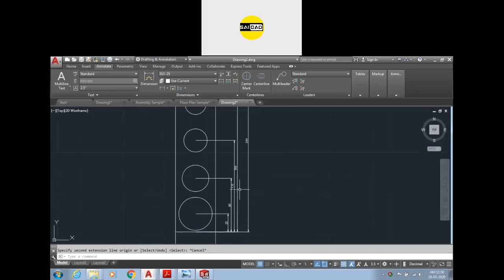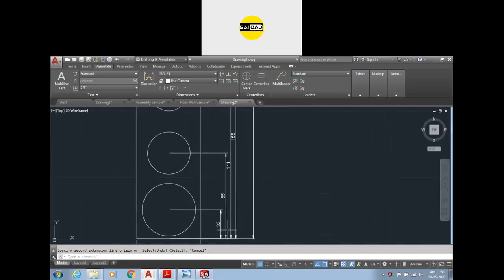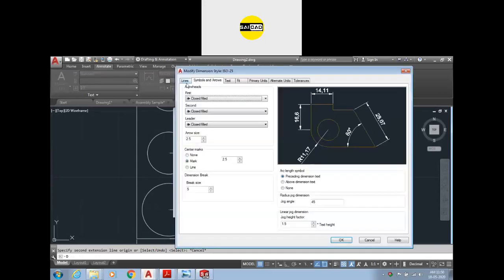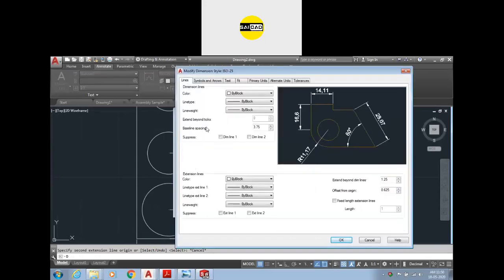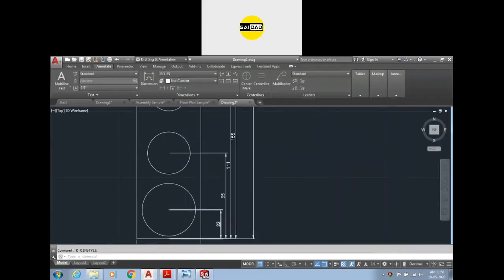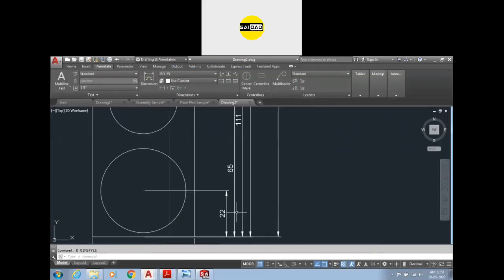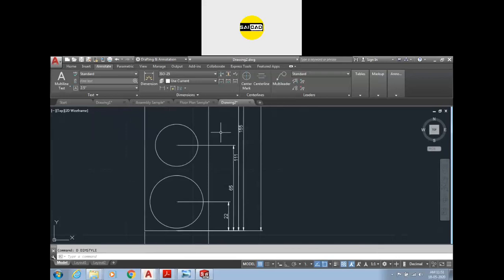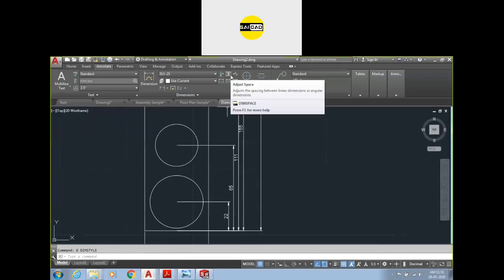Okay, so this is the baseline dimension and the gap between them is also specified by the baseline dimension gap from here. It is the baseline spacing, that is 3.75. So every dimension has a gap of 3.75. If you want to increase the gap, we have the option here, adjust space.